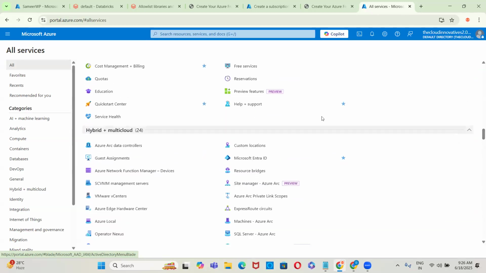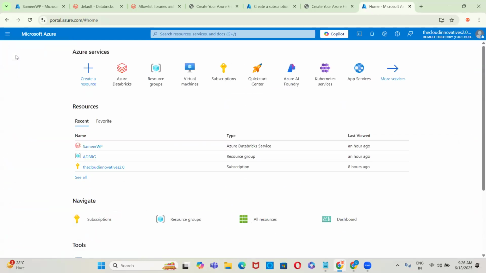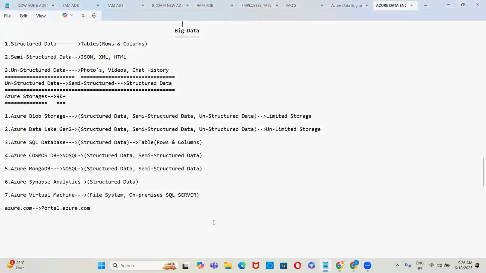So these are the things we have. So guys, here this is the final layer you have. Can you see here? You will have to start the session with this, guys. That is nothing but azure.com. Now, once this is ready, guys, now I will start up with the services.